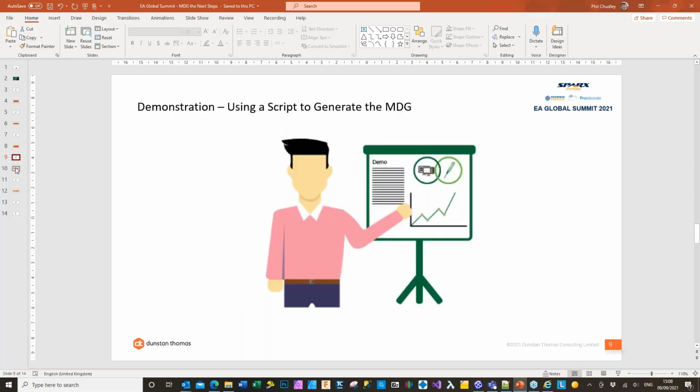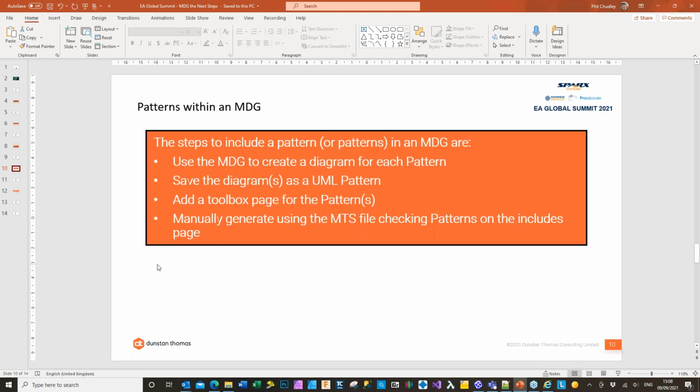We've done that bit. Right, patterns. What we're going to do now is have a look at a pattern, right? And we're going to add a pattern into the MDG and go through the process of how you create a pattern into an MDG, and most importantly, how you use the pattern afterwards. Okay, so